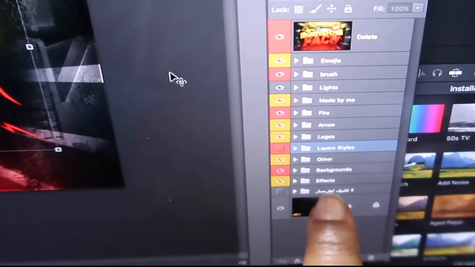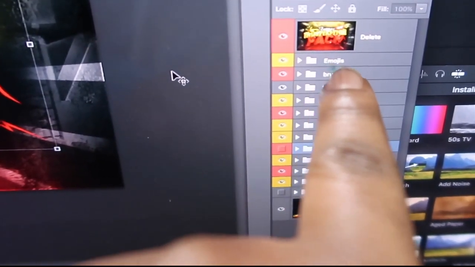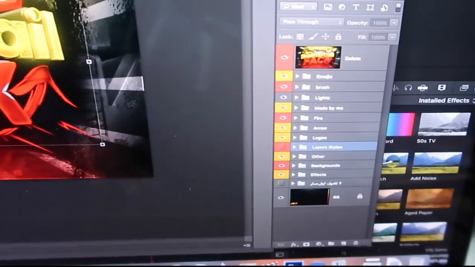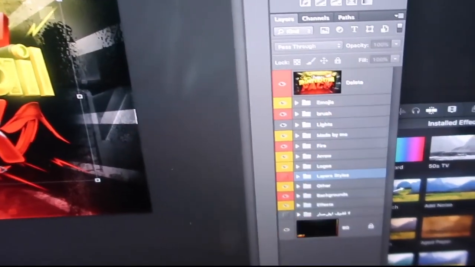Hold on, let me show you. So you see something like this, and then you can just change the name and it'll just create a folder like this. That's exactly what I'm talking about. But this is something that I got, a pack. And yeah, I think I